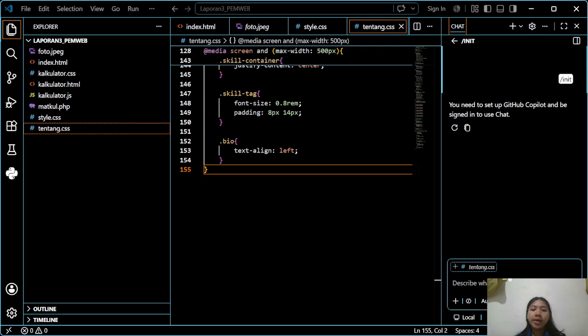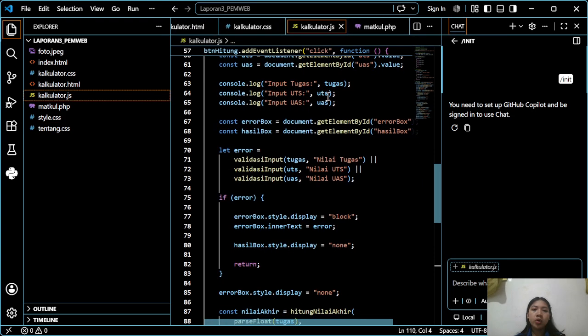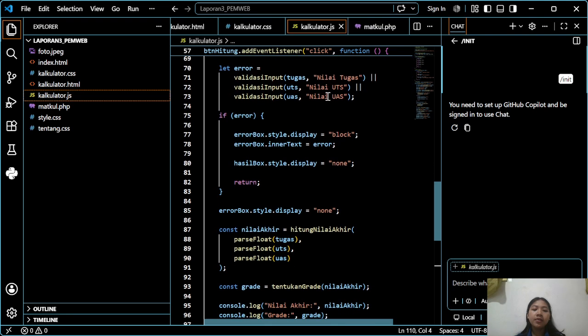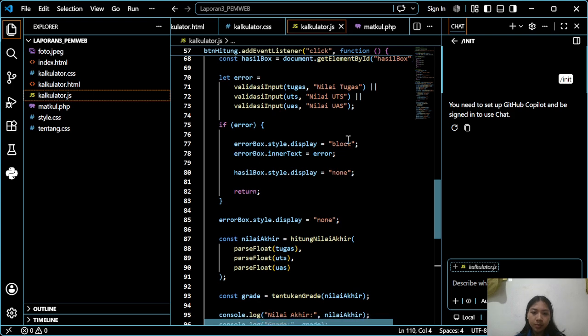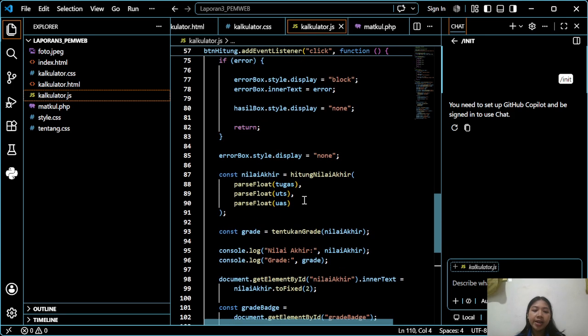Now I will explain the JavaScript logic. All JavaScript code is stored inside calculator.js. The first function is hitungNilaiAkhir, or calculate final score.